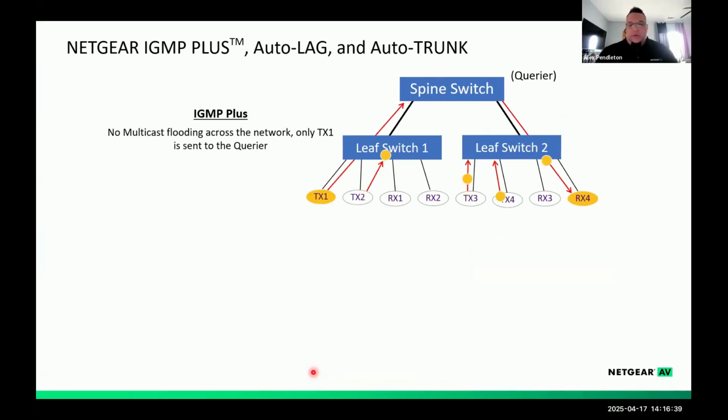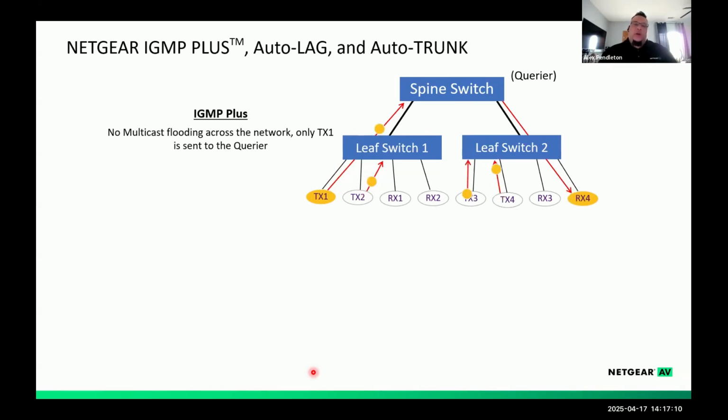How we found it was simply, we started working on a network at Cooley Law Firm. They had a few floors that they were sending large bandwidth back to the core switch. In this case, I'm showing it as a spine switch. And all that communication from the transmitters was flooding back to the spine switch. And so when we added IGMP Plus into this network, it smartly handled the transmission communication so it didn't flood up to the spine switch.